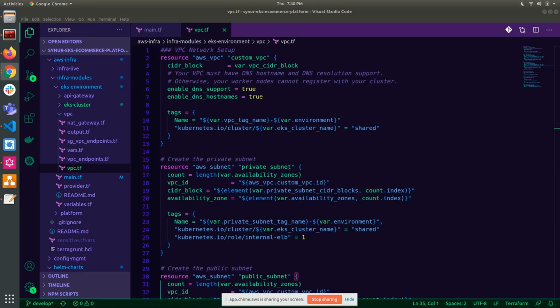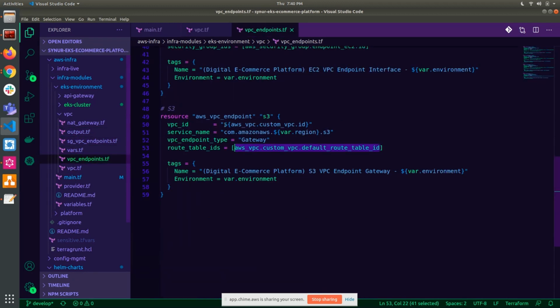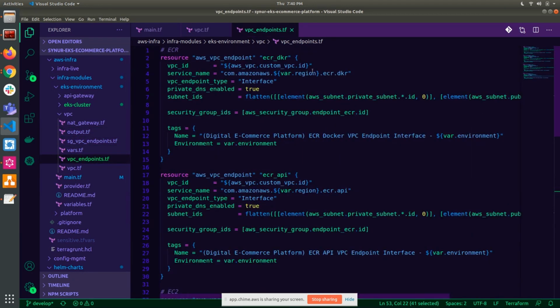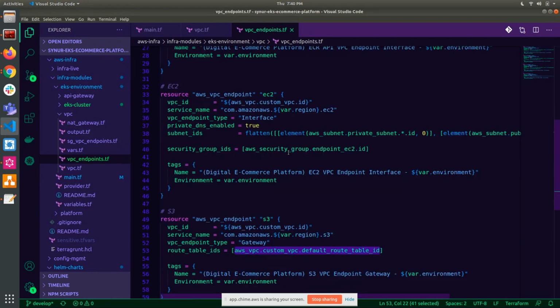Okay, so once we've created our VPC, like I mentioned, you create a NAT gateway as well for those that want to have a public networking mode. And very important as well for private would be the VPC endpoints. In this particular case, you'll see I'm creating a VPC endpoint for ECR Docker, ECR API, as well as for the worker nodes.